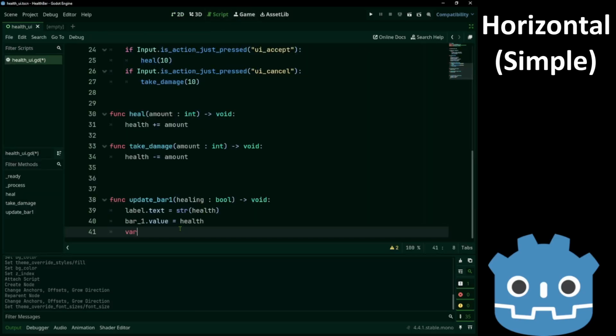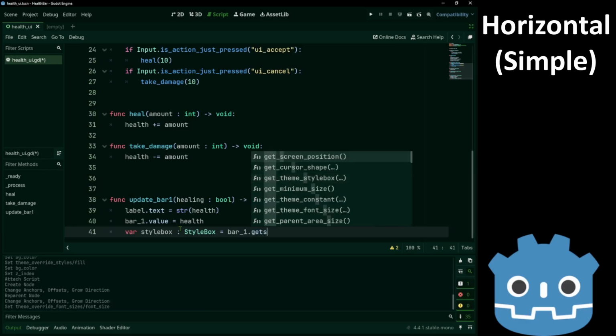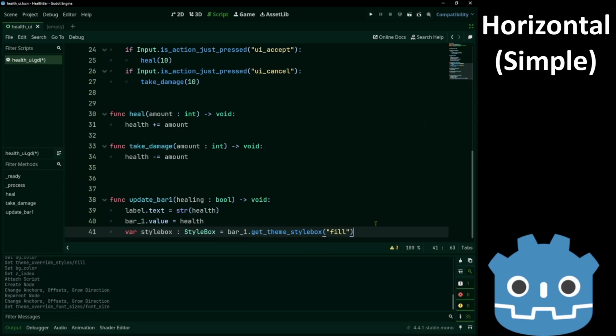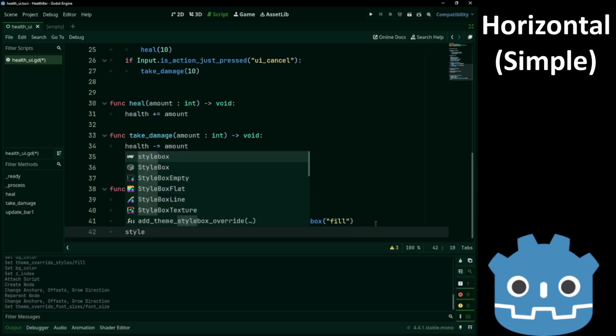So, var stylebox, bar 1 dot get theme stylebox, pick the fill, and now we change the color.